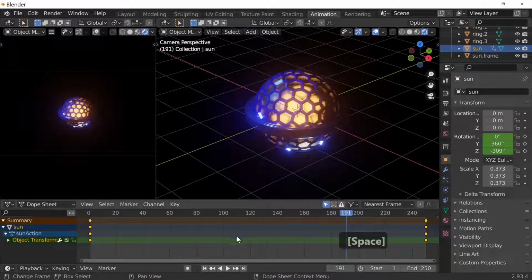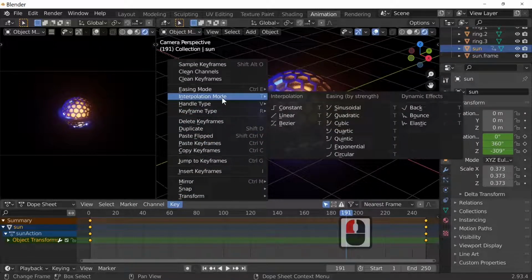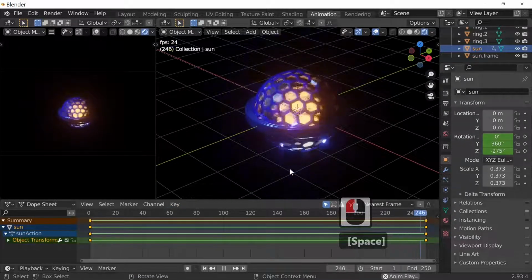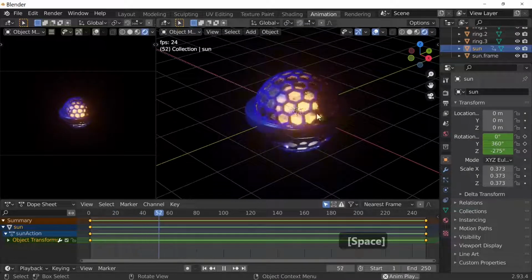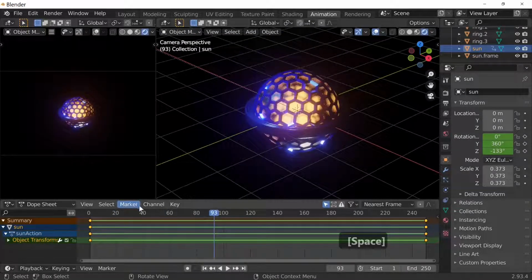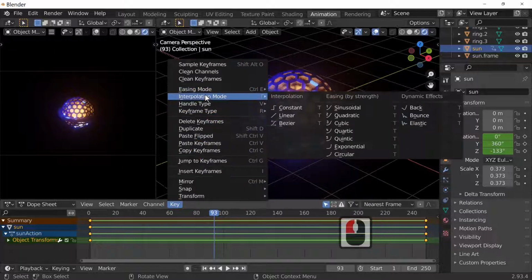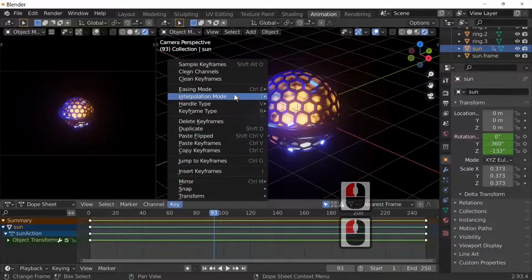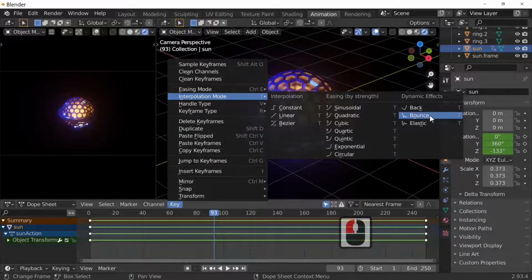The only thing is we haven't set it up as linear, so that's now going from slow to fast and back to slow again. So interpolation mode, make it linear again, and as you can see, that sun is moving quite uniformly. In another interpolation mode, you've got a key interpolation mode, and you can use a thing called bounce, which will make for erratic behavior. So we'll do that. So key, interpolation mode, and then bounce.